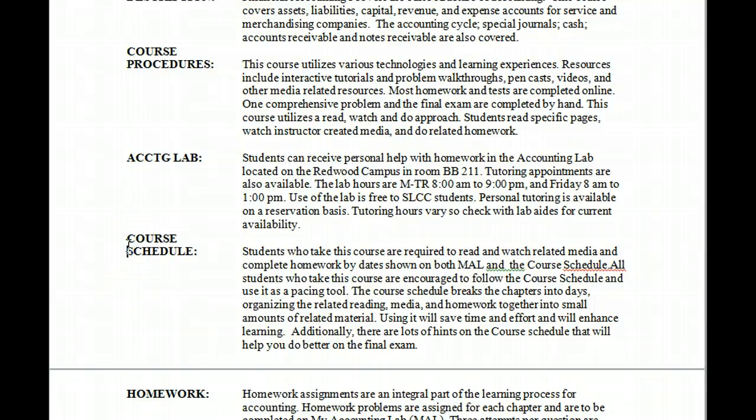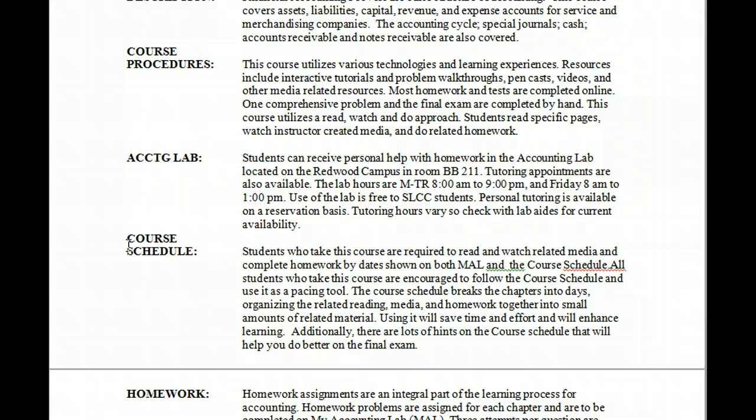Let's talk a minute about the course schedule. I prepared a course schedule, and the course schedule that you receive is for your specific semester. It shows what I would like you to read, and then it has links to what I would like you to watch, and then homework that relates to it. This is a visual aid that shows you the reading, the watching, and the doing all shown together. And then there's a column, if you're in the online class, for hints, and if you're in the on-site class, what we're going to do in class that day.